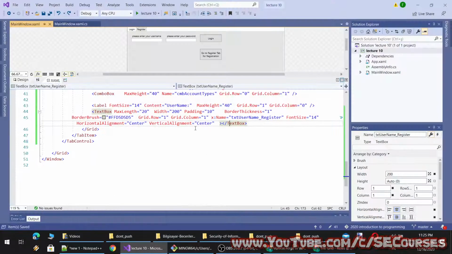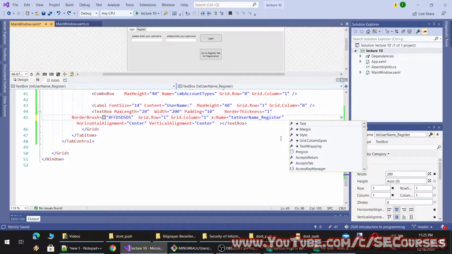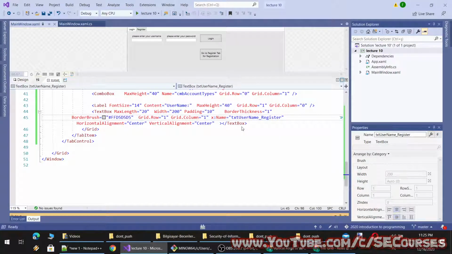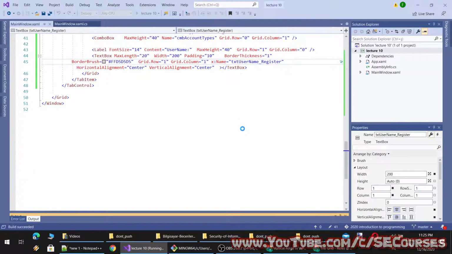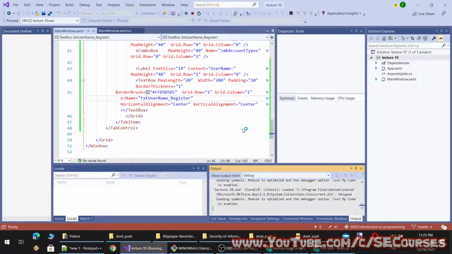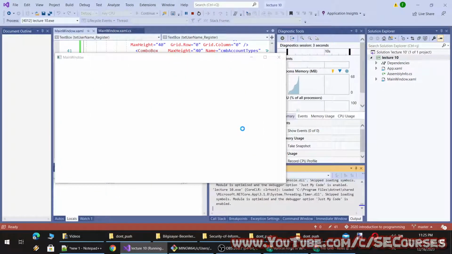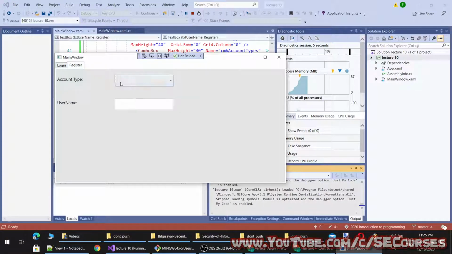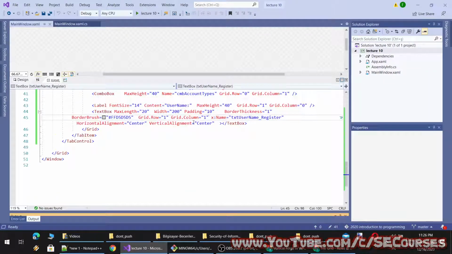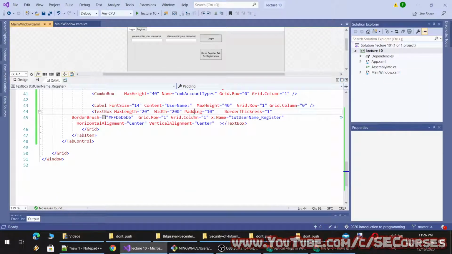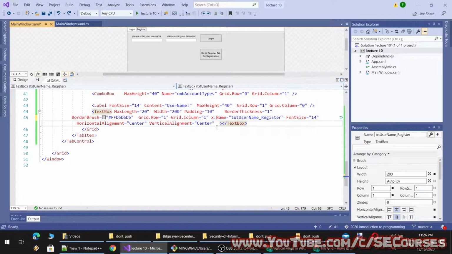So if I set a width and remove font size, maybe this time it will work. No, not working and smaller. Okay, it is not that important anyway. Maybe you can find a solution for this if you look more. Maybe we can set.